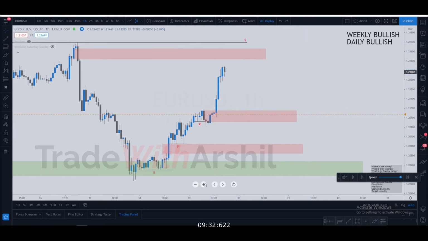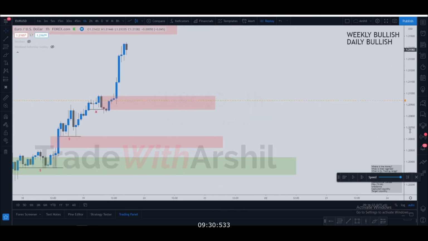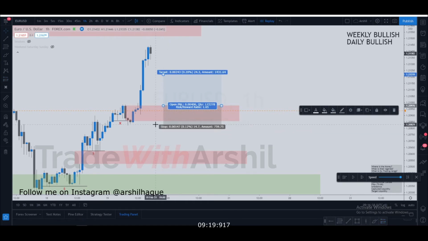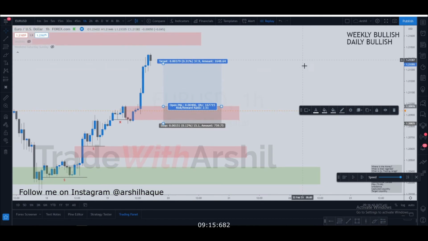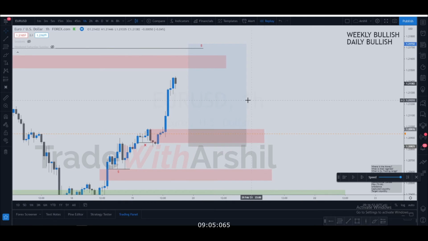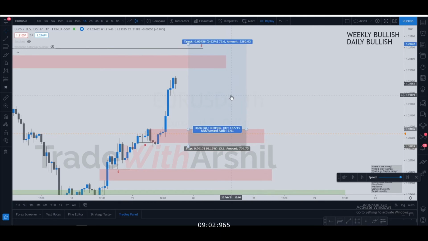What happened next, you can see, was just beautiful. Before this happened, I started breaking them down because I needed a better entry. If I took the trade here and placed the stop loss above here, it's a 15 pips stop loss, and the target is around 1:4.74. The target is a little above the liquidity, because that's what I do. So let's say 1:5. That's a good target, I won't lie, that's nice. However,